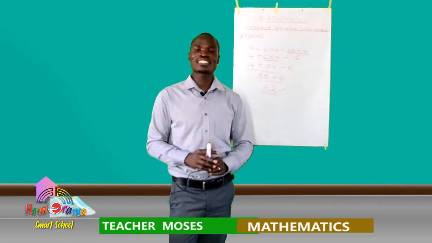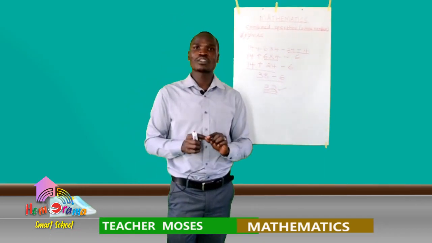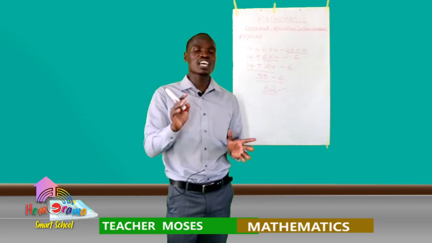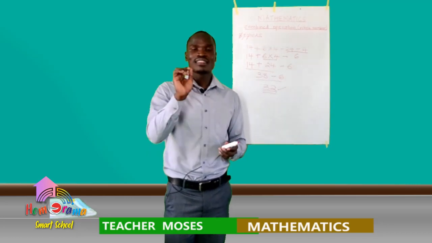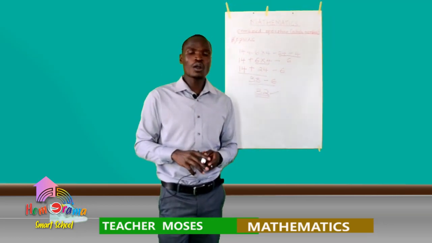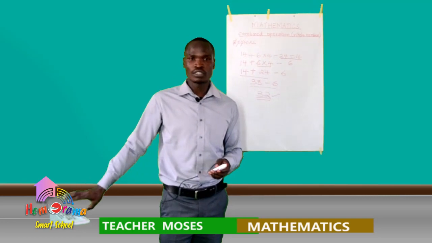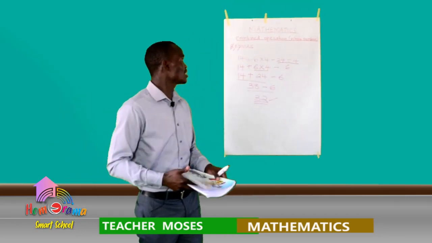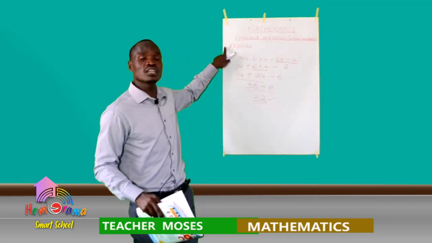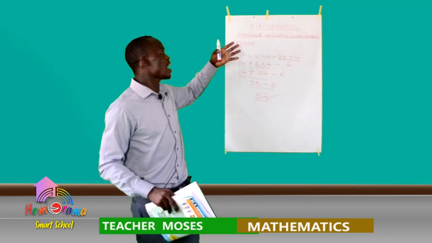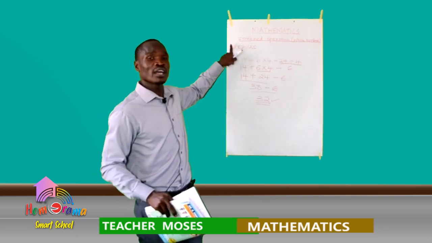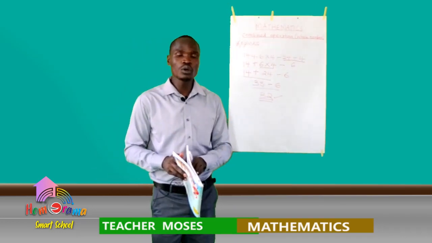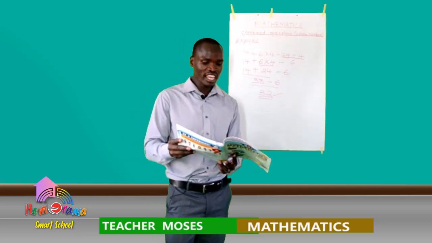I am going to give you the second question, and in the second question, I will not do it. I'm going to give you time, you work it out, and then you give me your correct answer through the learner's portal. This time round, I'm going to give a question where we are going to have a bracket and probably have an off also. Ensure you follow the rule of Bodmas. The question is,